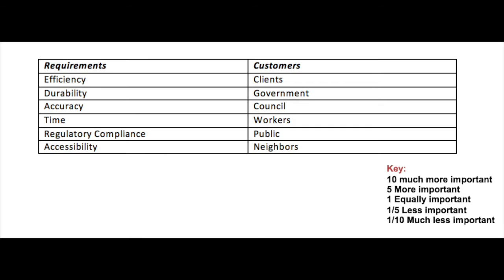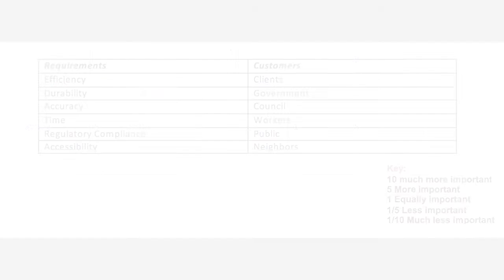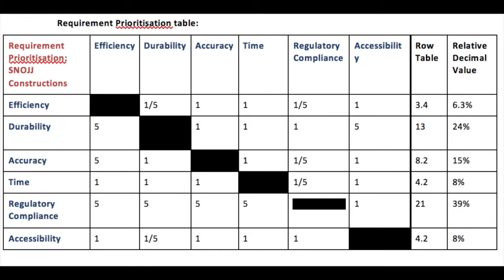Hi, I'm James. Here at SNOJJ Constructions, we prioritise our customers and requirements to assess the impact they have on our projects, as can be seen on this requirement prioritisation table. I've compared the importance of each mentioned requirement. Efficiency is the least important requirement, because certain requirements like regulatory compliance have to be followed with more importance